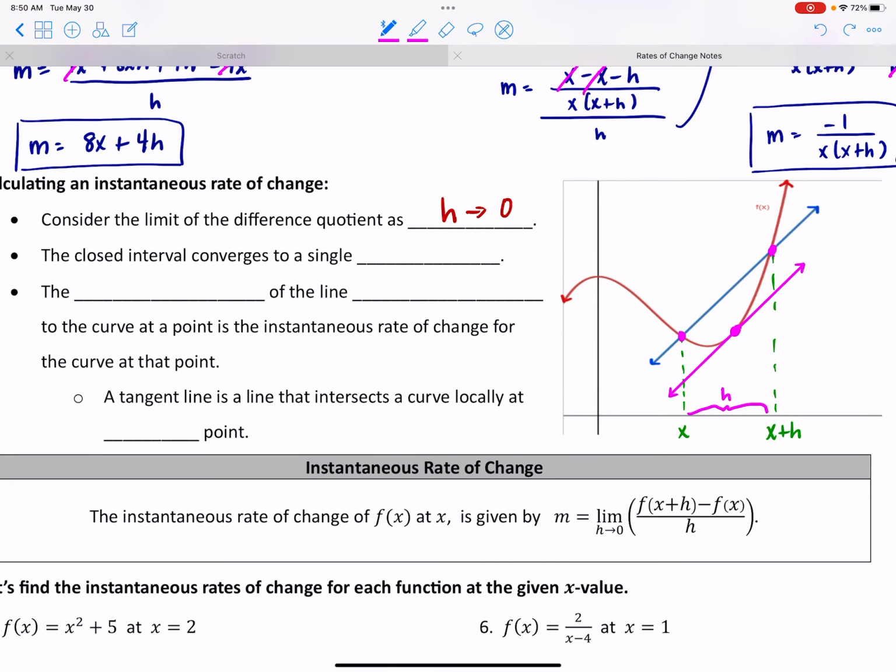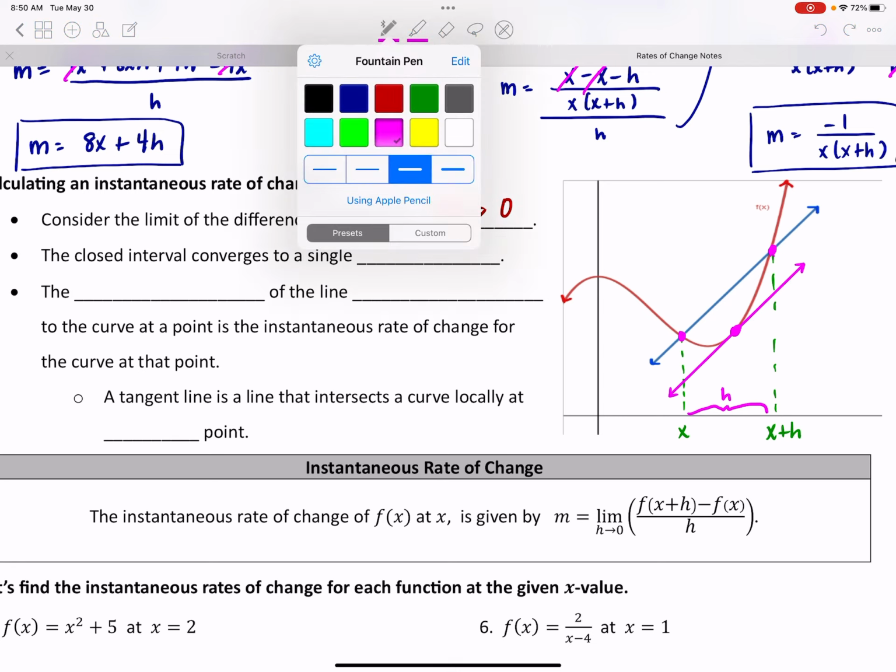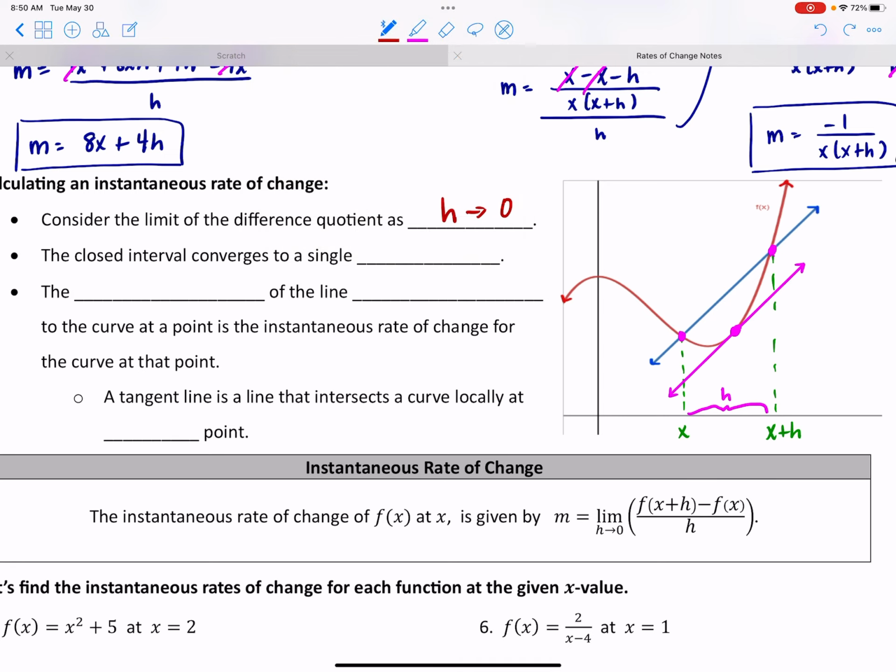So as h approaches 0, that closed interval, the interval between the 2 points, converges to a single point. And we're going to say that the slope of the line tangent to our curve at that point is the instantaneous rate of change for the curve at that point. And again, the tangent line, that's the one in pink there, is a line that intersects the curve